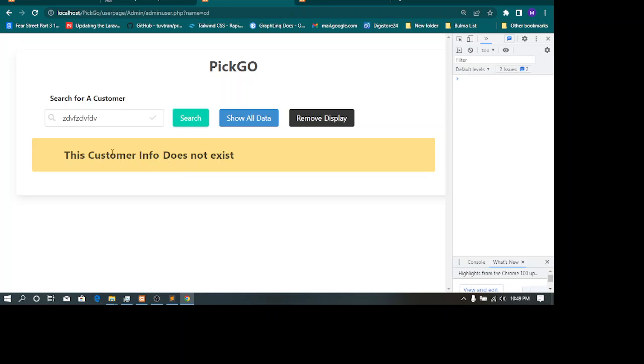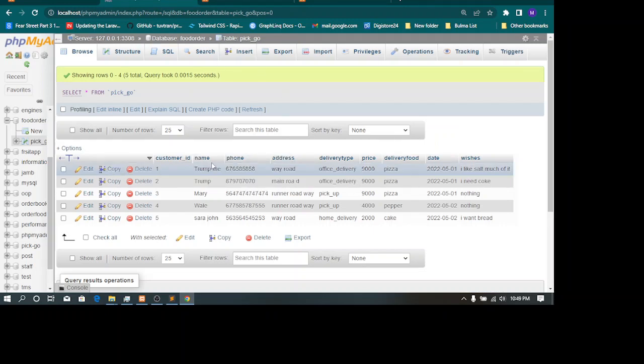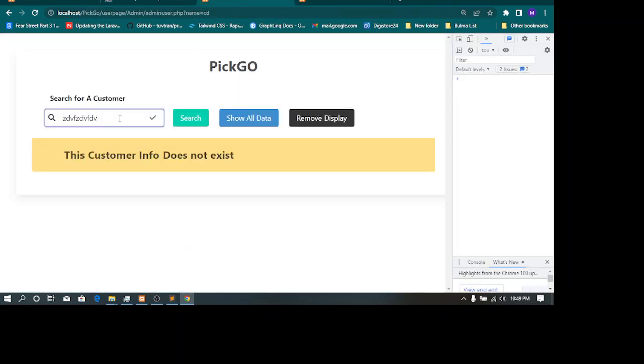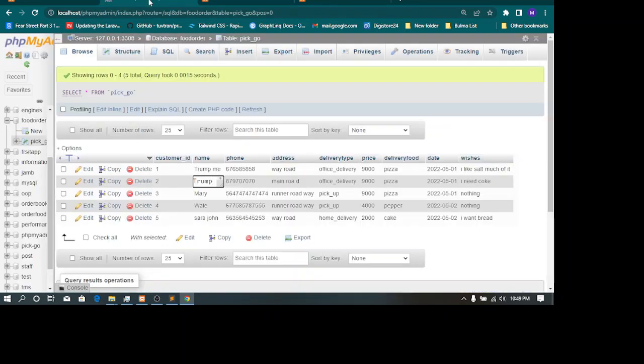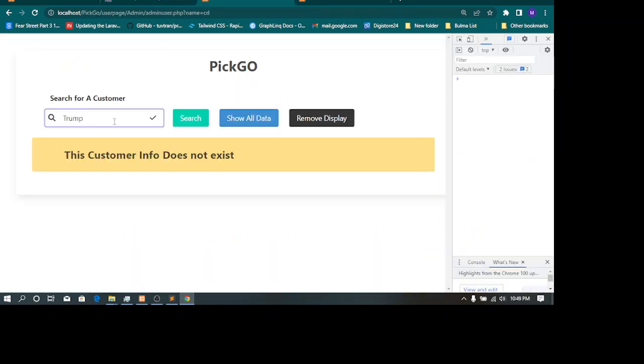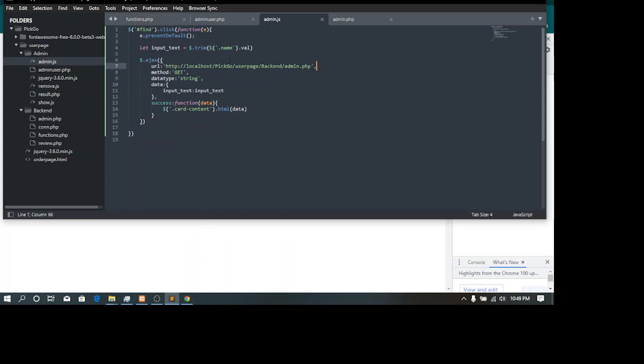You see, this customer info does not exist because this information is not in the database. If I type in Trump here, refresh that, type in Trump, customer does not exist. Let me check the data.